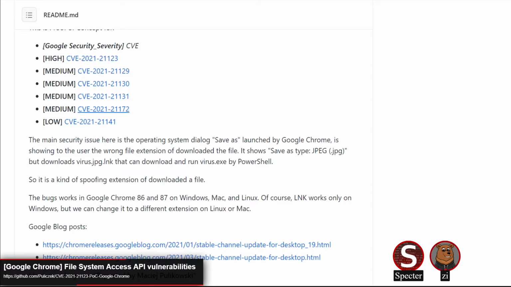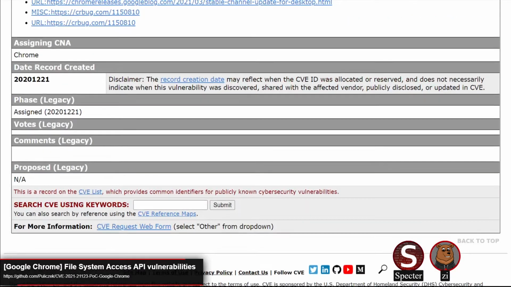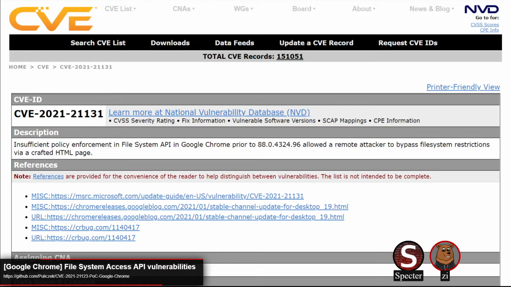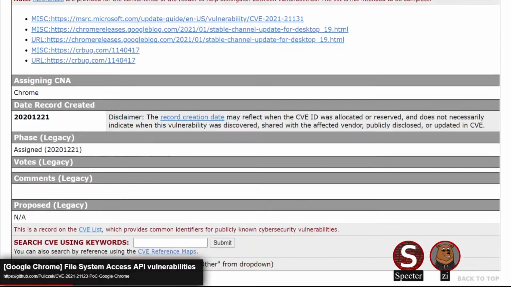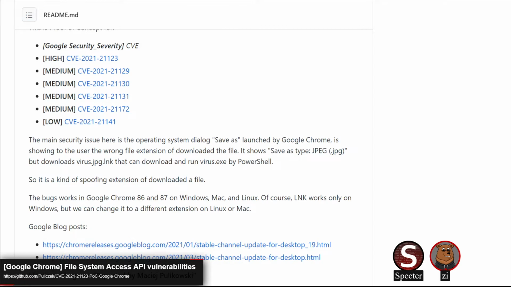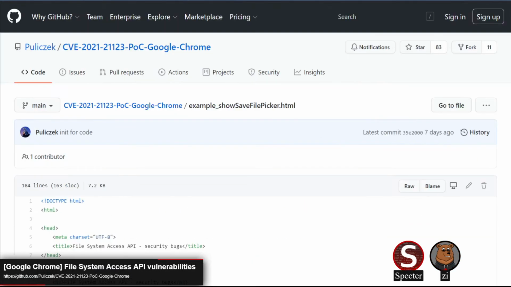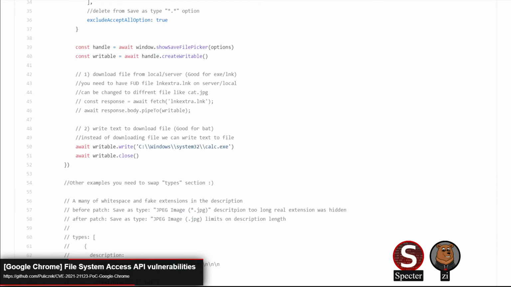Do the CVEs have details? I looked at a couple of them, hoping that they'd have. No, it's just insufficient policy enforcement, and they're all insufficient policy enforcement. If you follow the CR bug links, they go to the Chromium bug repo where there's better vulnerability details. Yeah, I just looked at the description there and was like, okay, we're not getting any information about these. Yeah, so you do have to dig a little bit to find the info around the CVEs. Even still, they're not really super interesting.